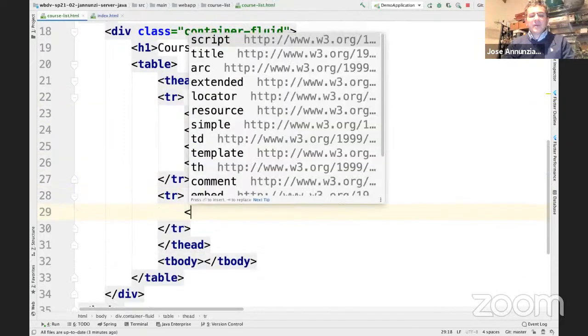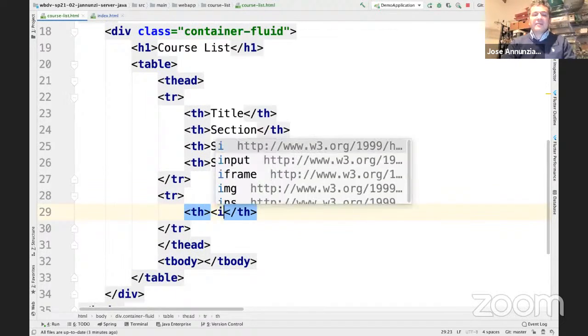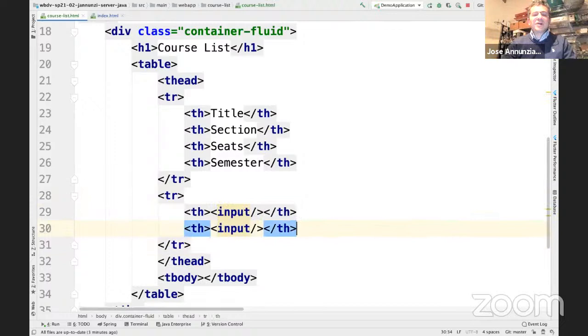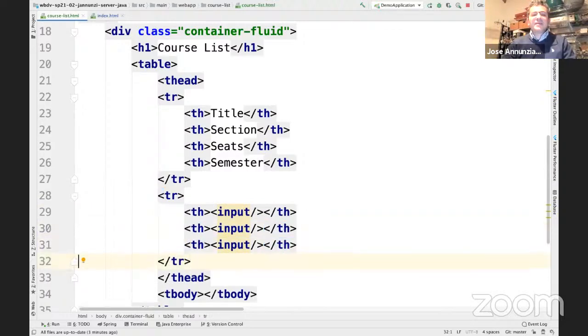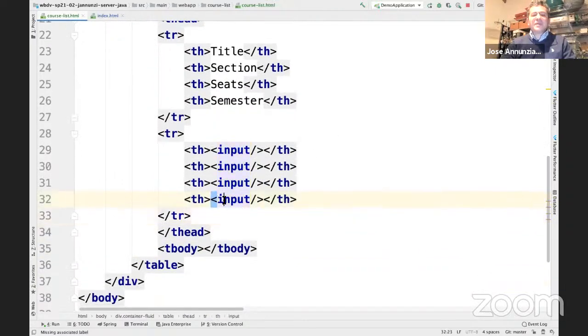And here we can have the form that we can edit, right? We can edit the title with an input. We can edit the section also with an input, the seats maybe also with an input, and the semester with a dropdown, right? So this might be a select,